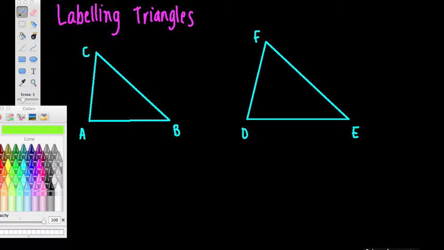Okay, we're up to this one here, labeling a triangle. The symbol we use for triangle is a little triangle, so that makes it easy. This triangle here, quite often it's nice to go in alphabetical order, but I'm going to start at the bottom here and work my way around, well, look, I go anti-clockwise, but